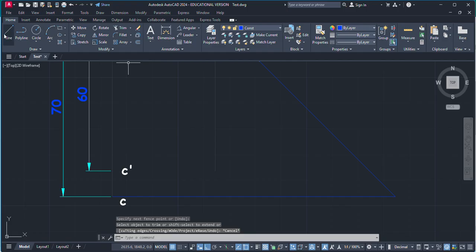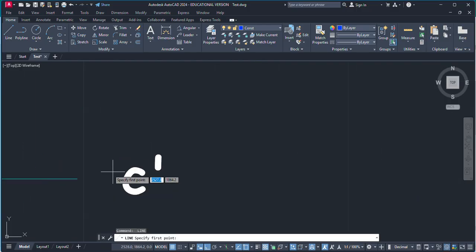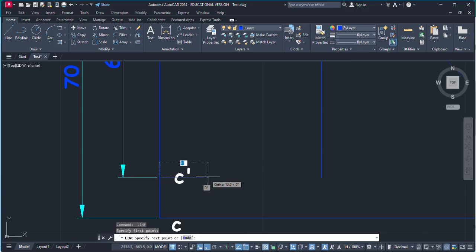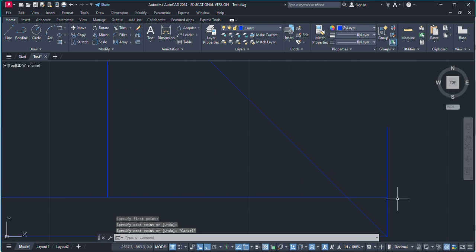Now from this point of intersection, we have to draw a vertical line which will be in the direction of front view. Front view is just above the top view. So I'm extending this line up to this point. Now from this C dash, I'm going to draw a horizontal line which will intersect with this vertical line. So this point of intersection is our side view, which is represented by